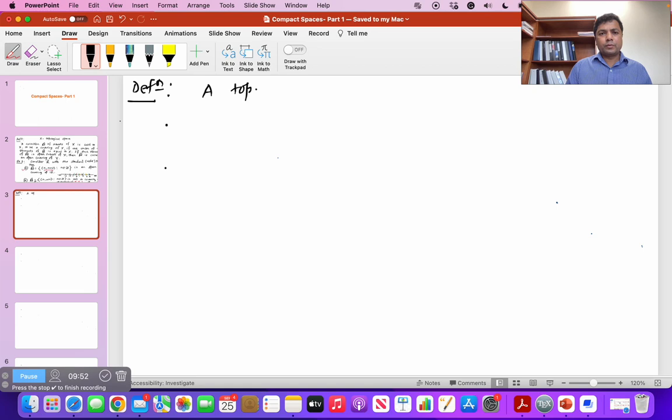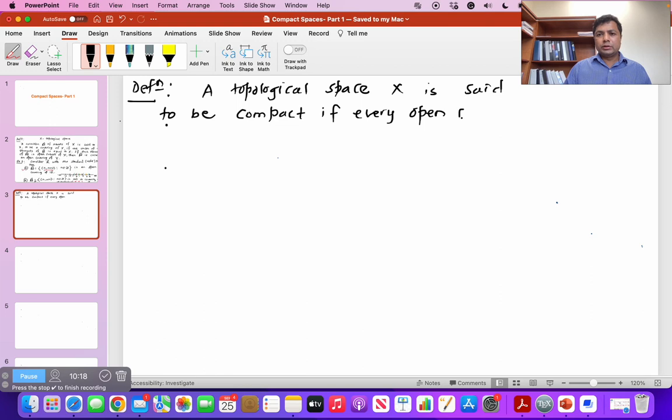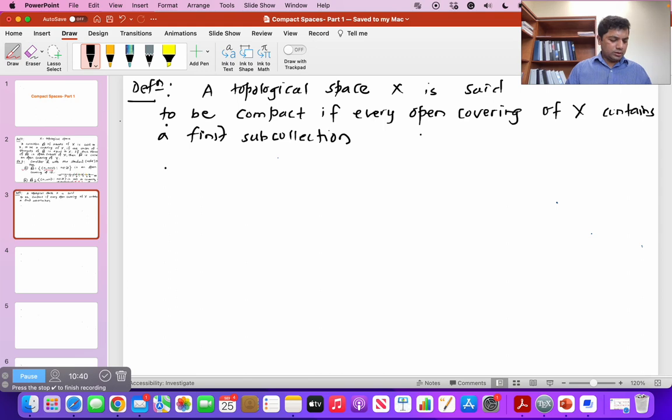A topological space X is said to be compact if every open covering of X contains a finite subcollection that also covers X. Now you can see from the definition, a topological space X is said to be compact if every,